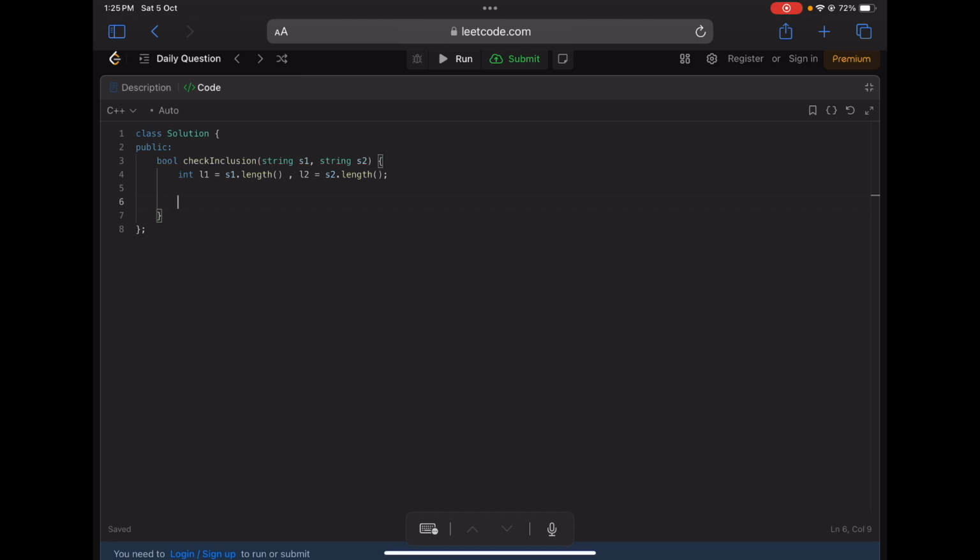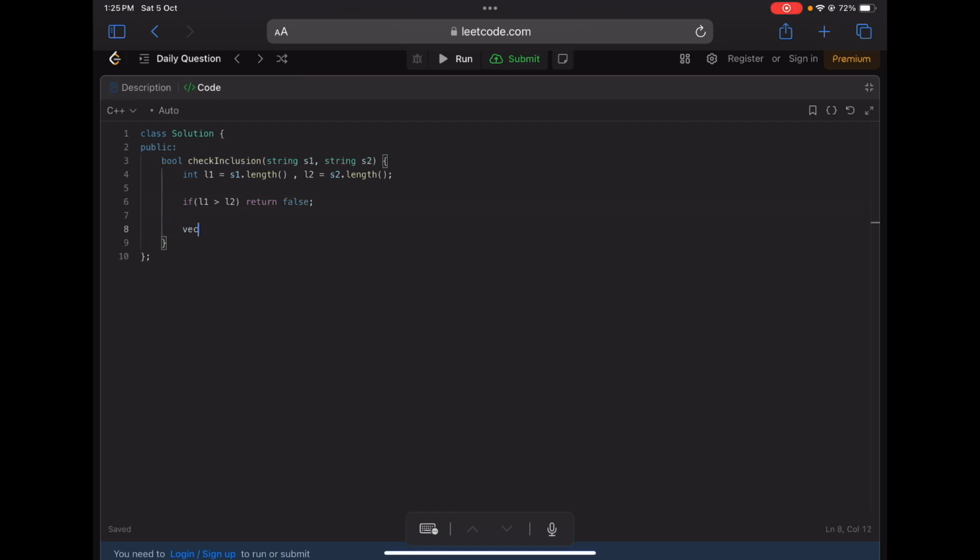We said that the permutation of S1 should be present as a substring in S2, right? Now, if S1 is already bigger than S2, then it will never be present as a substring in S2, right? So, if L1 is greater than L2, in that case, our answer will always be false, right?